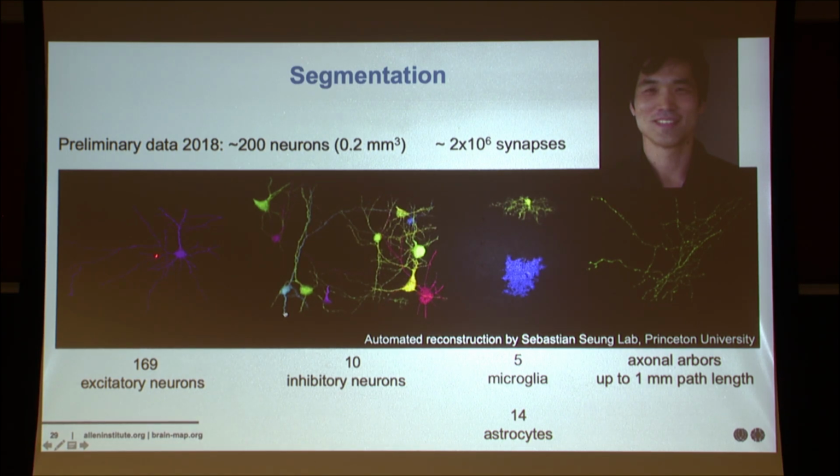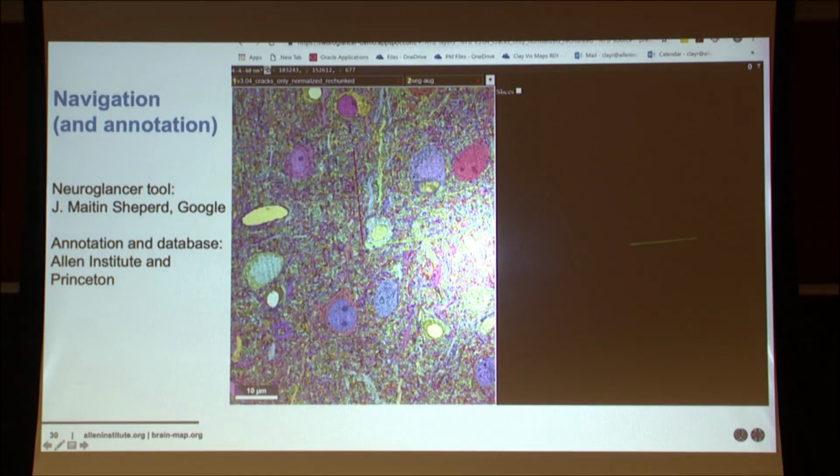And now we have, in this small data set, several hundred neurons just beautifully segmented in all of their detail, and with a little bit of proofreading, the connections that each one of these neurons makes. This is a little bit dark. I'll get to a bunch more later on.